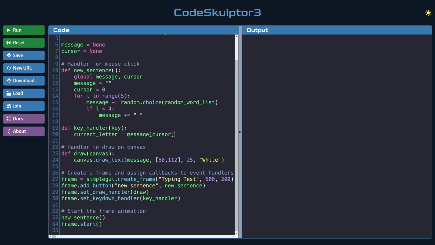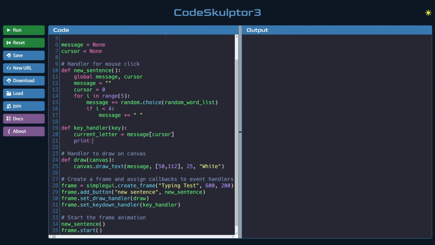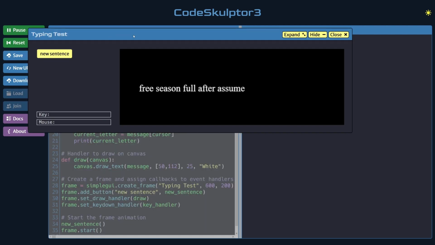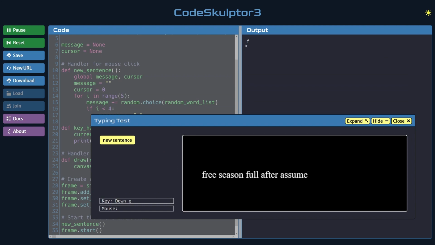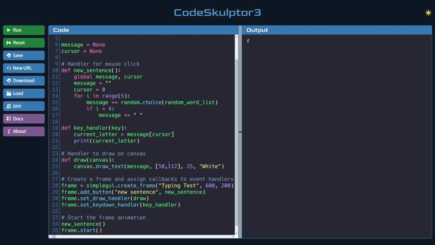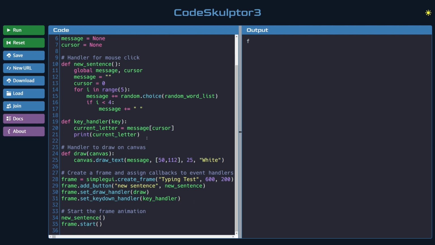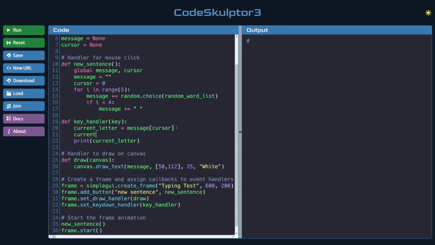Now, just to show you, I'll say print current letter, and the cursor starts at 0. So I'll go up here, so you can see there's an F here, and when I press any key now, it should show the first letter of our sentence there. Okay. So what we want to know is what number that is. So let's go and say, we can call this current letter